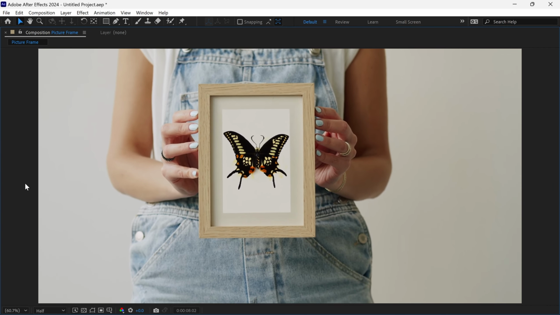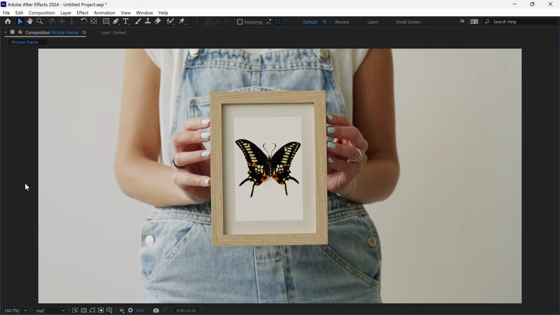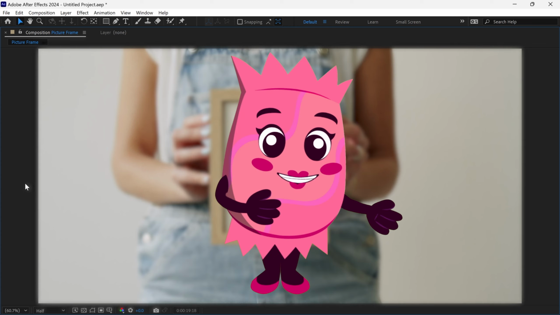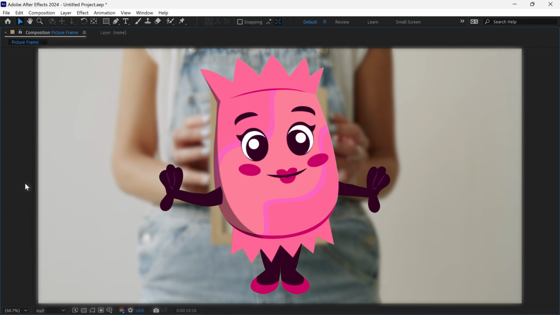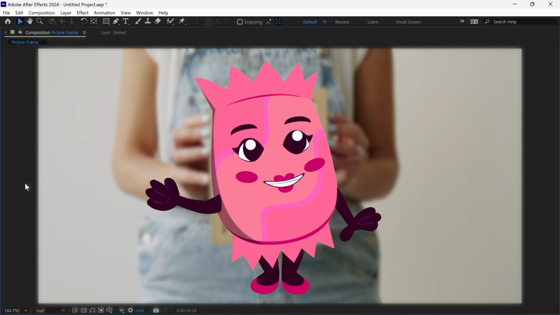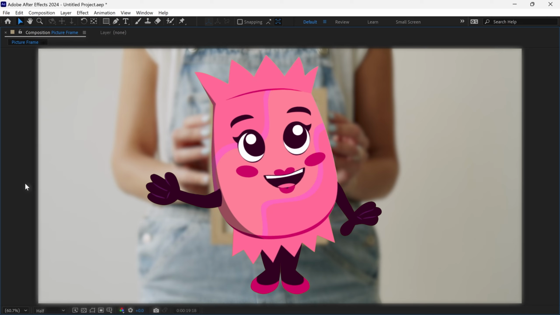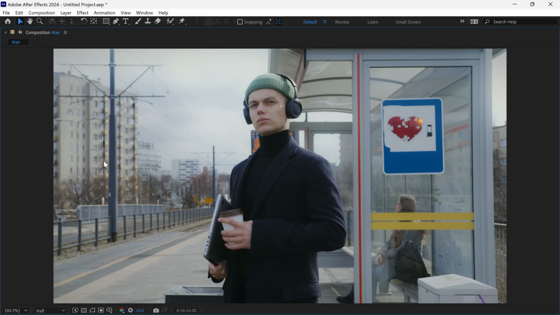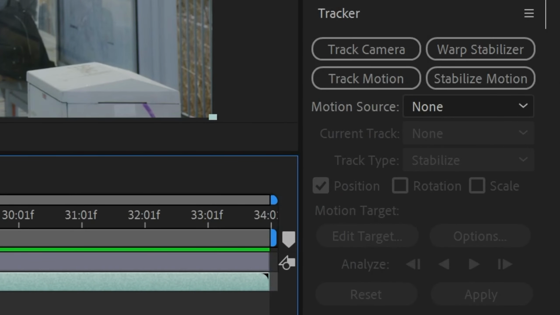Now let's try a different tracking method. We will use the tracker in After Effects. Let's see if this works too. Actually, Mocha AE is better. I recommend using it for tracking. However, if your equipment can't handle Mocha AE, then we can try using the tracker in After Effects. In our new video, on the right side of the man, there's a bust logo, and we will change it to a heart logo. Click your video and go to Tracker.